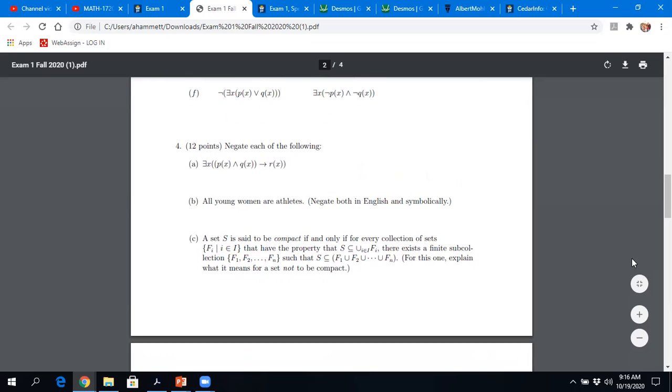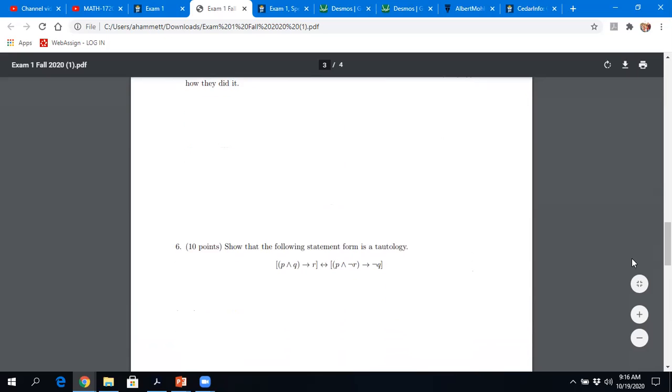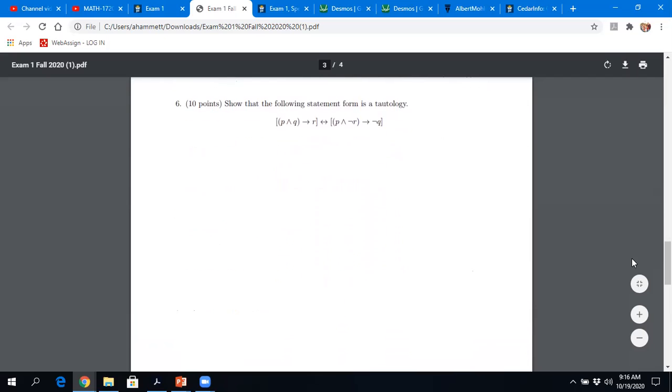Moving on. I'm not going to reiterate every single person's answer to number 5, okay? There were lots of different ones. Most people got this one basically right. One thing that was kind of interesting is a lot of you actually just did this. You said, well, this first thing right here, P and Q implies R. Let me just write that as an or. This is the same thing as not (P and Q) or R, correct? That's what the first thing is equivalent to.